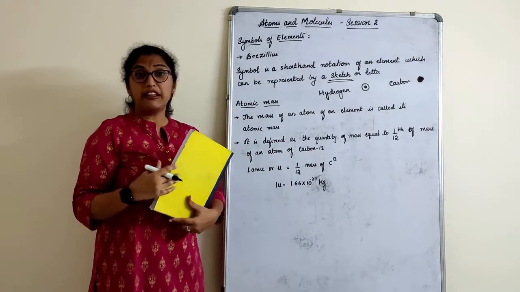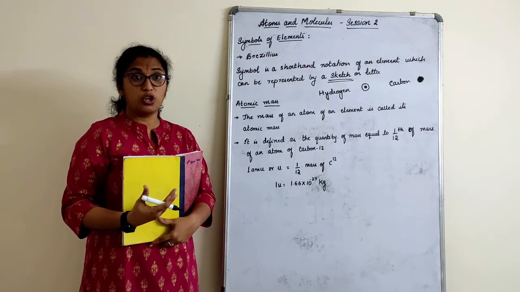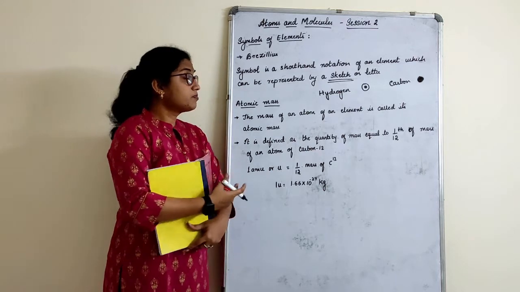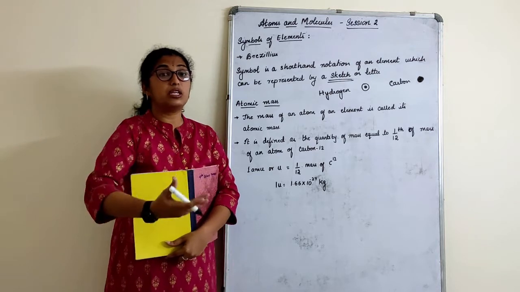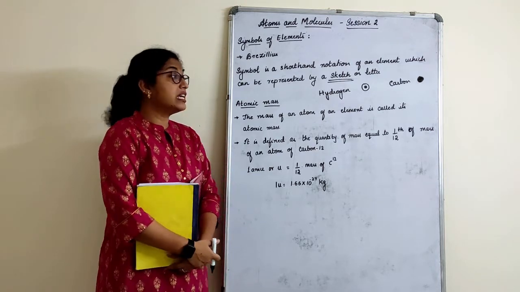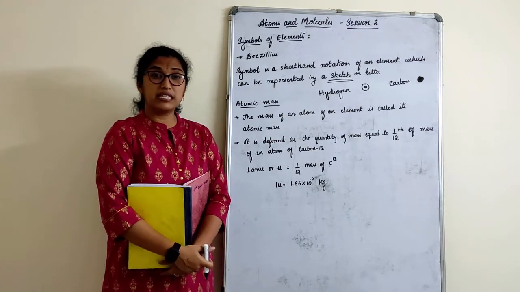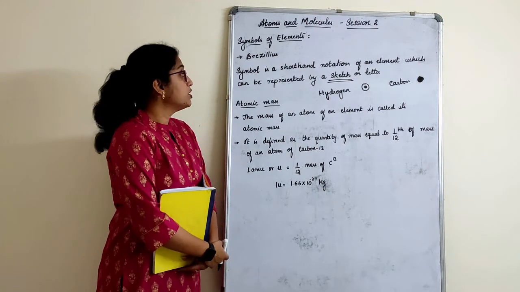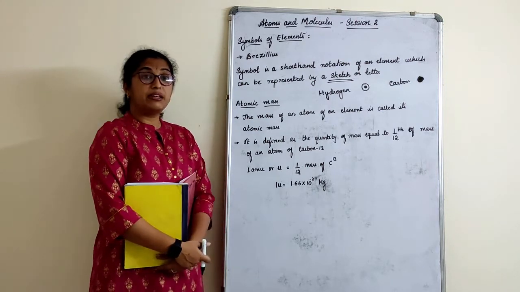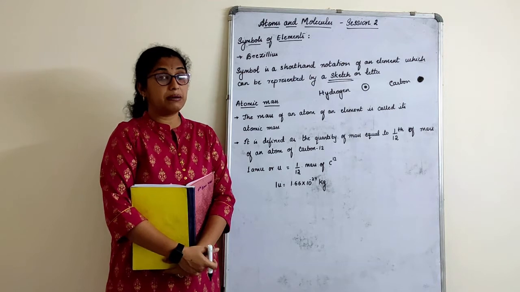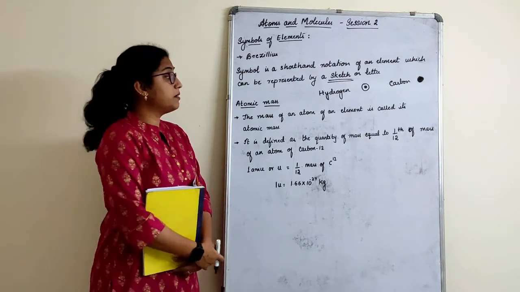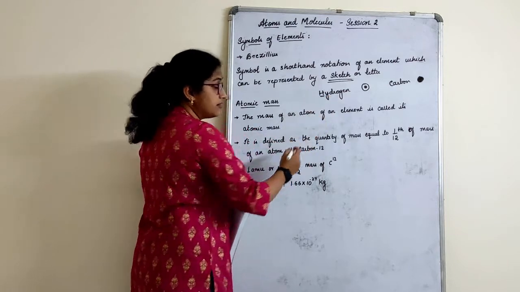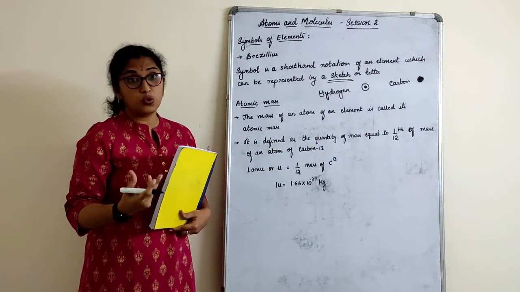It would be difficult to remember the sketch always, right? Though Dalton initially started that, it could not be used successfully further, because remembering the elements by a sketch would be much more difficult. So Berzelius gave a particular notation to remember these elements. How? You can remember an element by its first letter or by its first two letters.